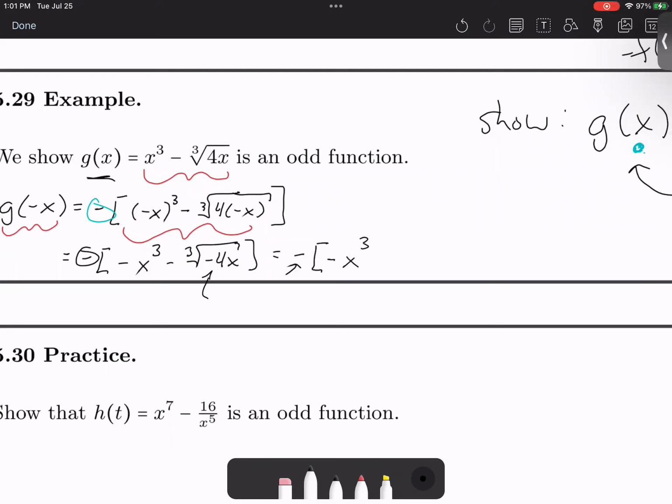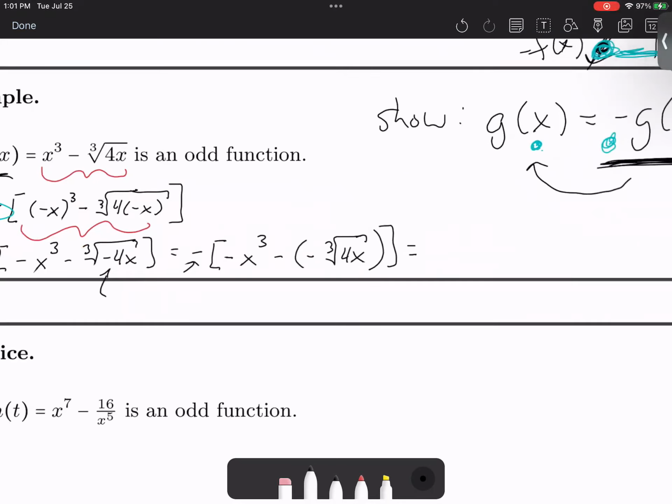Now, I can't take the square root of a negative number, but I can take an odd root of a negative number. So the cubed root of minus 4x is minus cubed root of 4x. And now let's send this negative through. So we end up with x cubed plus cubed root 4x. And that right there,